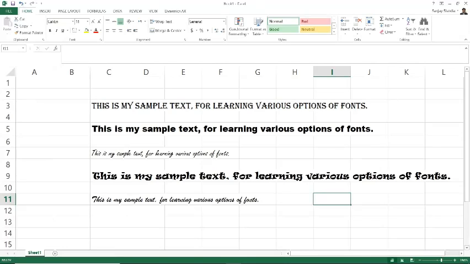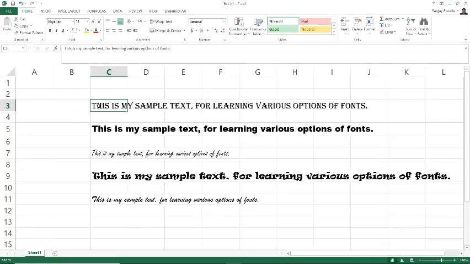So remember, any option that you want to use, either to change the size of the font, color of the font, or the style of the font, the first and foremost condition is to select that particular text. So here we are going to change the size of the font first for the text written in cell C3.